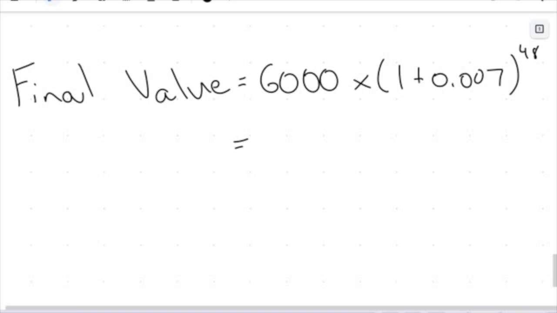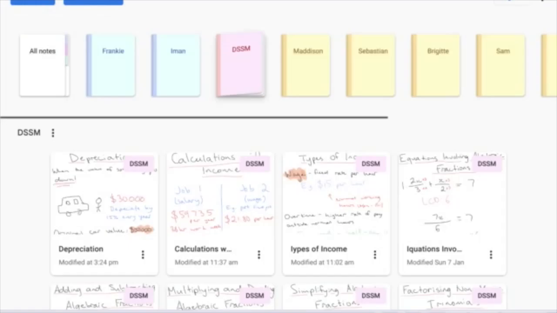And if I put that into my calculator, I get a final amount of $8,386 and, oops,